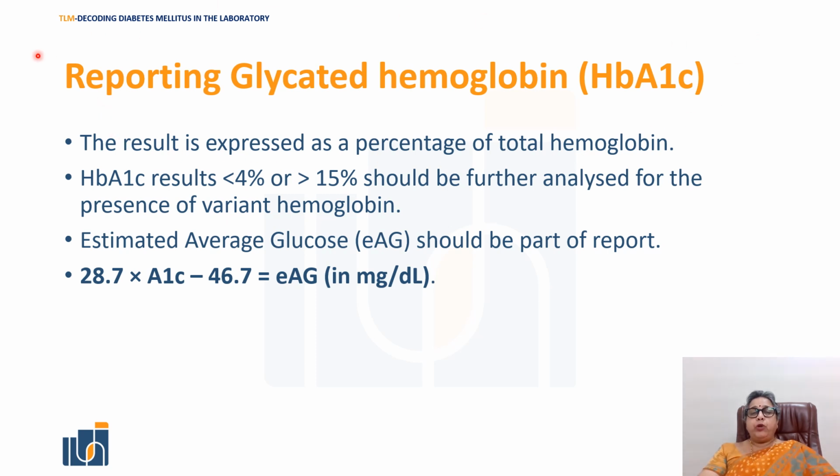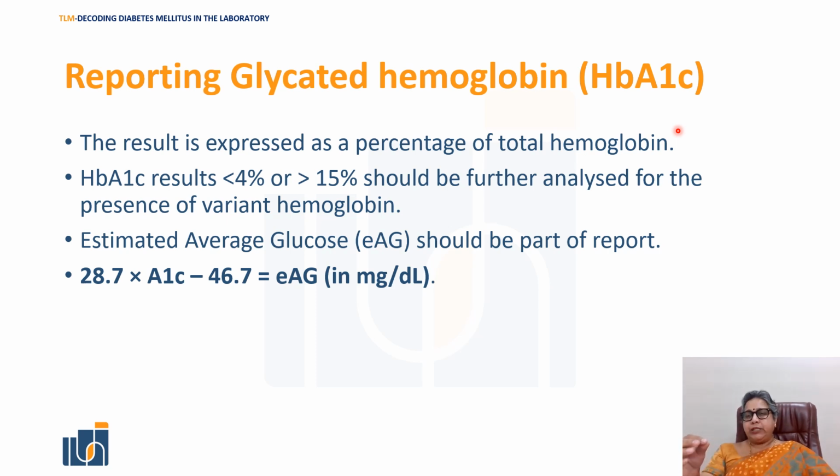So when you're reporting glycated hemoglobin, let's take for example that most labs are reporting it using a system which does high performance liquid chromatography. It's expressed as a percentage of the total hemoglobin. As the hemoglobin moves across a charged cartridge, there is an exchange of ions, and it will tell you how much glucose is stuck to your HbA1c moiety,